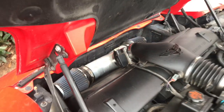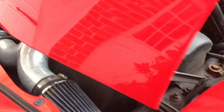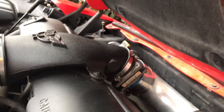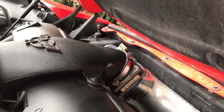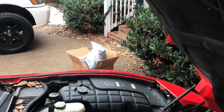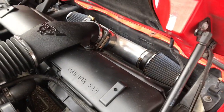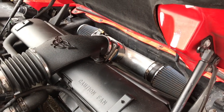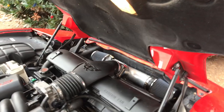The filters are kind of rusty and garbage, and what's been happening is this thing keeps falling off. So I clamped it down a couple times, and it doesn't really matter. There's not enough purchase on that little thing to grab onto the mass airflow sensor. So what I'm going to do is, I ordered a factory intake. It's in that box over there that somebody had already done the zip tie mod to, with the K&N air filter in it, and I'm going to swap that in and see if there's a difference, because I felt just like this isn't